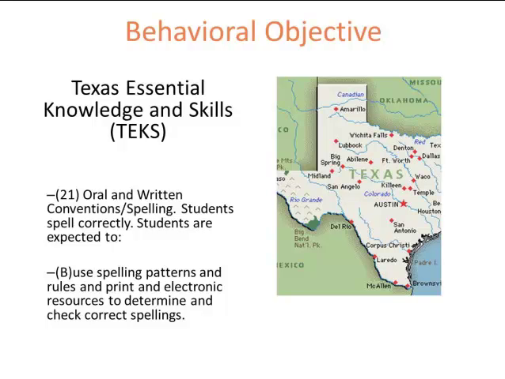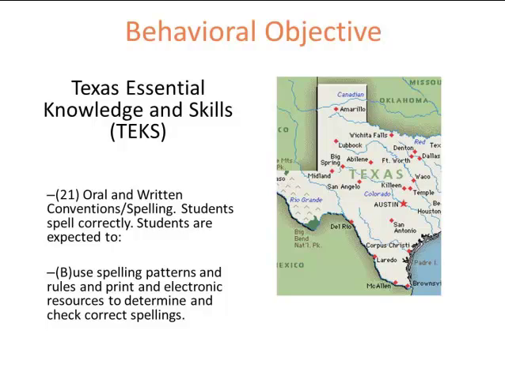TEKS stands for the Texas Essential Knowledge and Skills. The TEKS is the official curriculum for the state of Texas for grades kindergarten through 12. Specifically, we focus on the goal that the learner will be able to learn oral and written rules and to learn correct spelling. Students are expected to use spelling patterns and rules through print and electronic resources to determine the